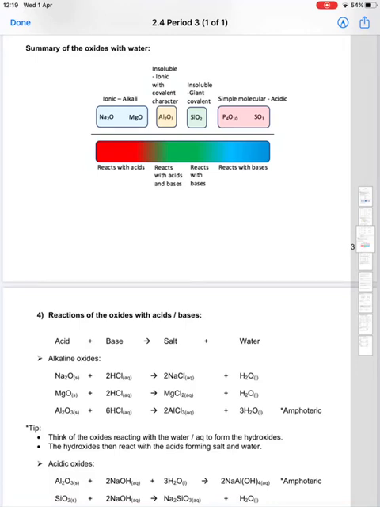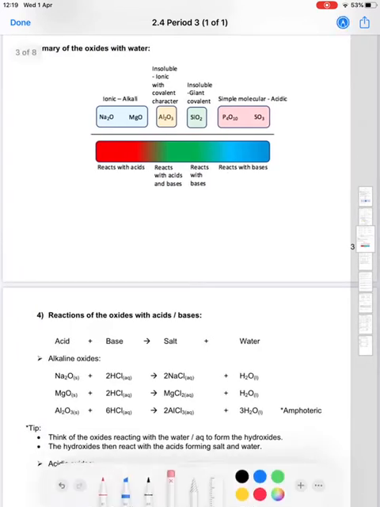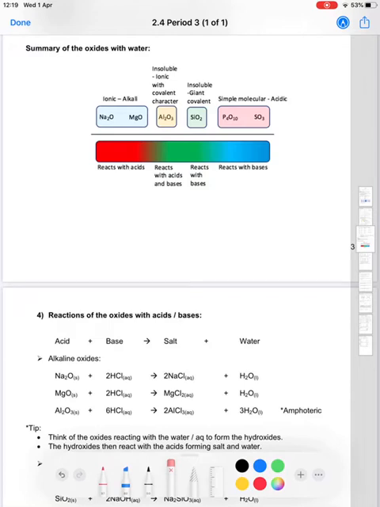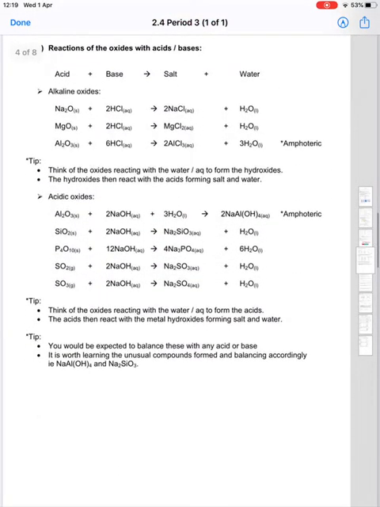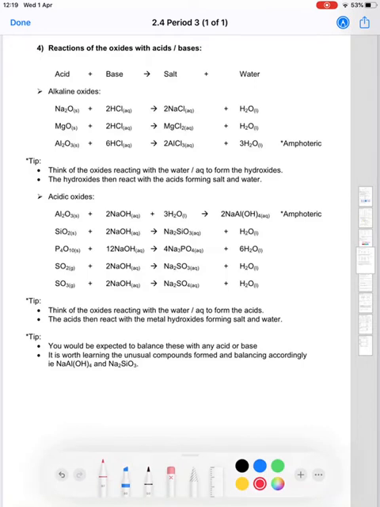Okay, so up until now we've looked at the fact that the ionic oxides tend to form alkaline solutions, which means they will react with acids, and that the non-metal oxides, or the covalent oxides, tend to form acidic solutions, which means they're going to react with bases, and that's what we're going to look at today. We're going to look at how those react. So the first thing we're going to look at is the metal oxides with the acids first,